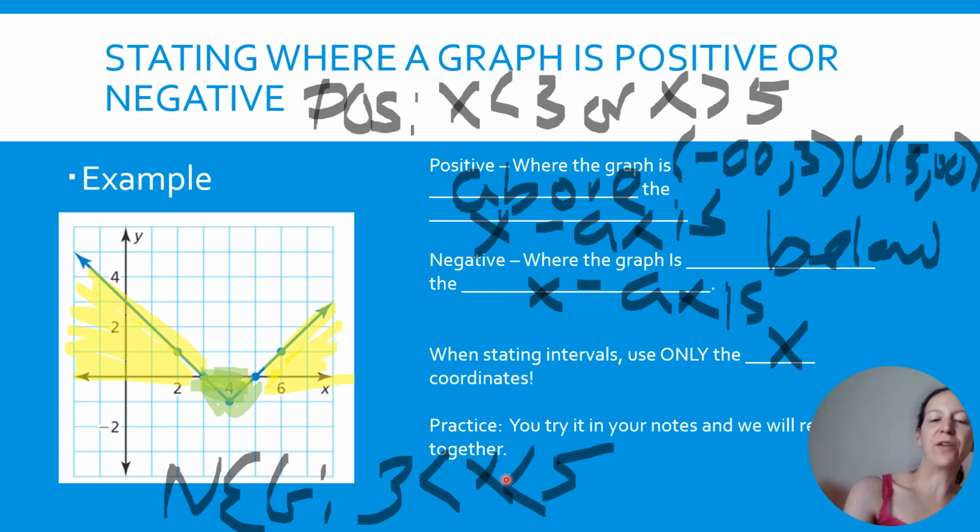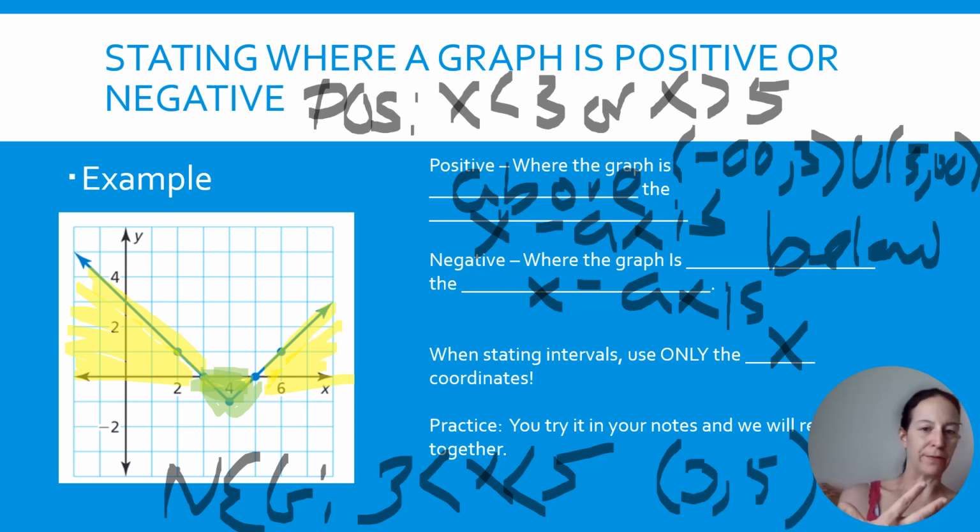You're basically saying 3 is less than x, and at the same time, x is less than 5. But most of the time, we'll just say something like x is between the 3 and the 5. 3 is less than x, and x is less than 5. If you wanted to say that in interval notation, it would be the interval from 3 to 5, but not including either of them. And again, with that notation,